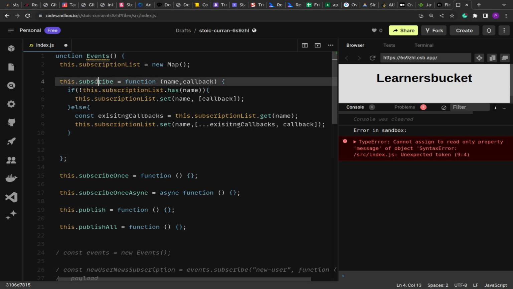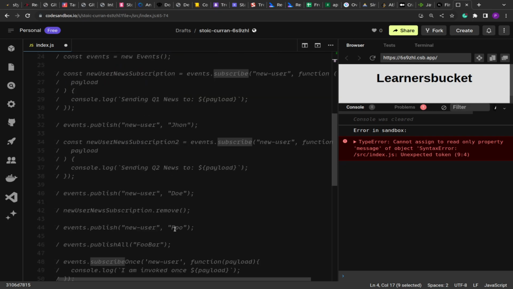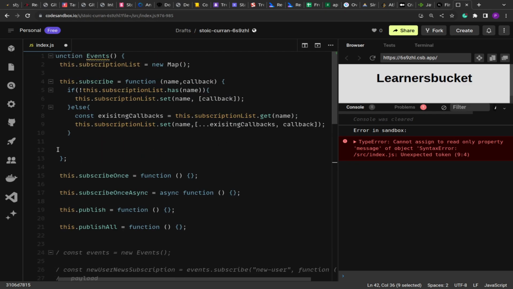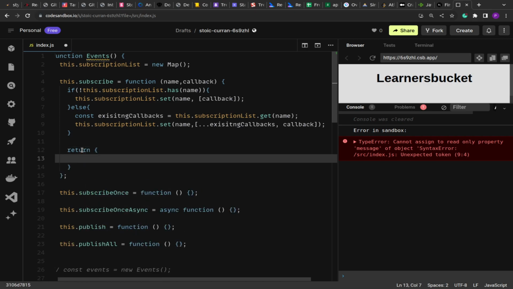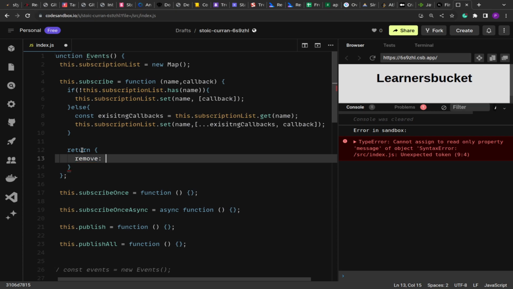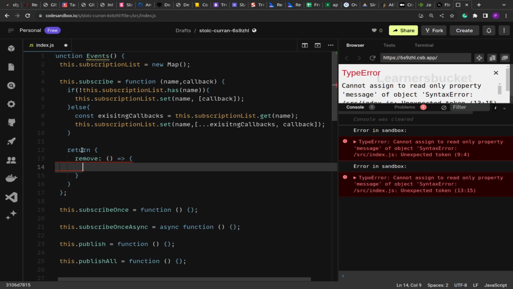Now from this subscribe function we have to return a method, remove, so that we can use it to remove or unsubscribe the callback. So what we are going to do over here is return an object, because that is the method. Methods are available on the object, that's why we are returning an object here, and remove is the name of the method, and we are going to get the callback,